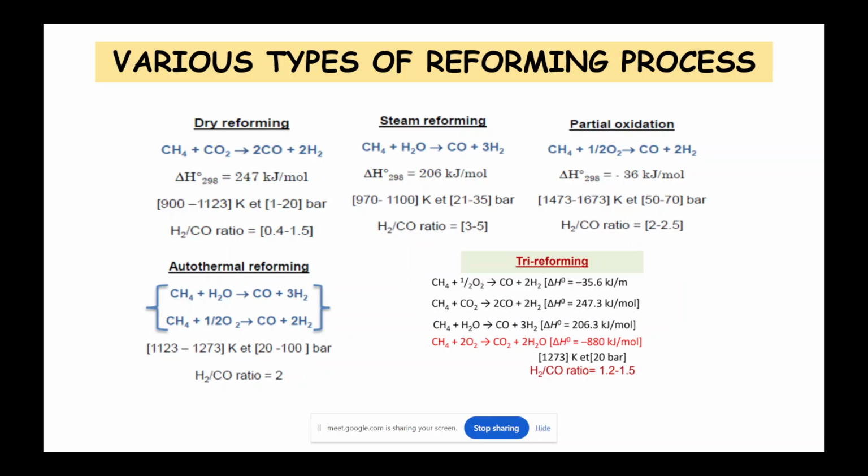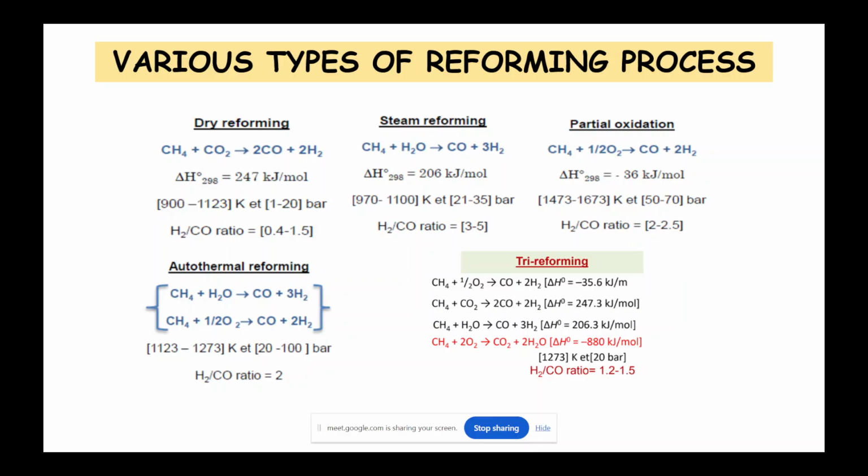So in synthesis gas, you have only carbon monoxide and hydrogen gas, whereas in case of producer gas, nitrogen is also going to be present, because the combustion or the gasification process happens in the presence of air and not in the presence of oxygen. So in case of air, the nitrogen contribution is going to be there, and since nitrogen occupies almost 79% of the air, and also it's going to be inert, in the product stream as well, the nitrogen gas will be present, and then the entire gas mixture is going to be called as a producer gas.